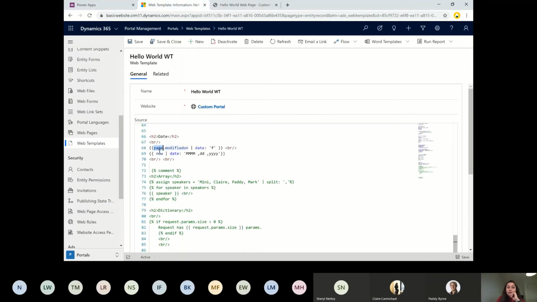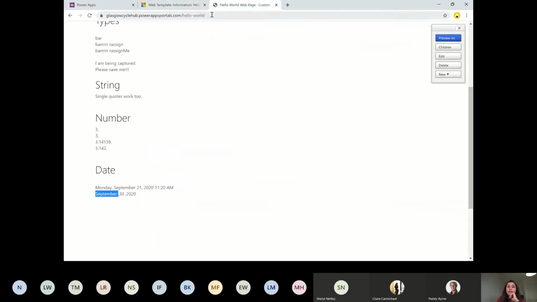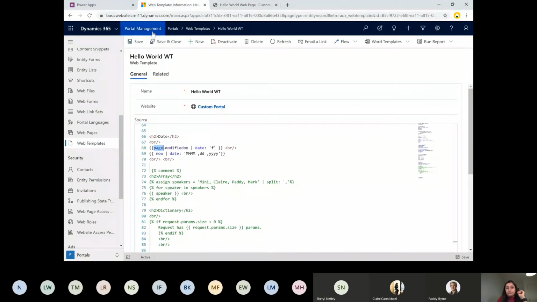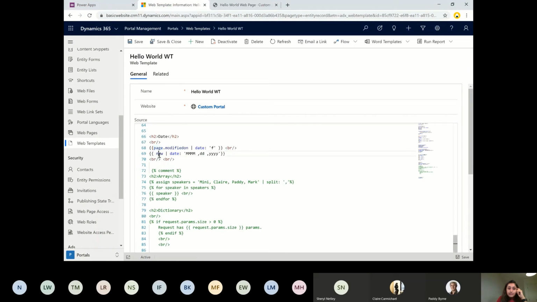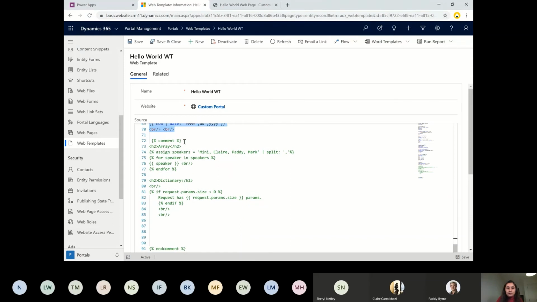A page is basically for a web page which we are displaying. So in the portal management tab I have modified on Monday, which is 21st of September. That's why it's displaying, and then its whole date, and then it's showing the date basically as today as we are accessing now. So we access the current date, or basically now is the symbol, and we can get the formatting in which we want. This is how the date part can be accessed in the data types.